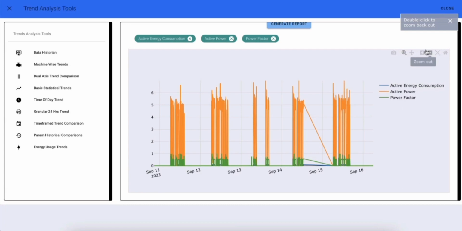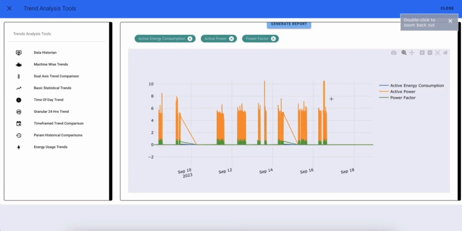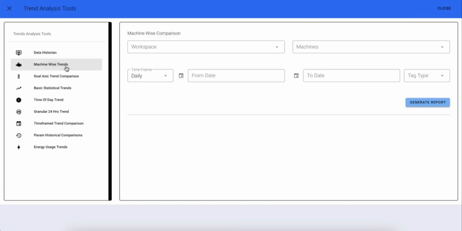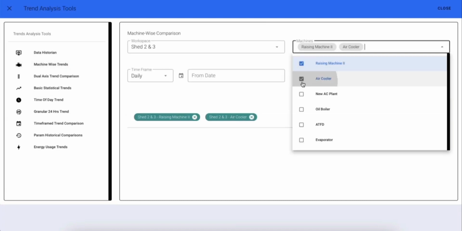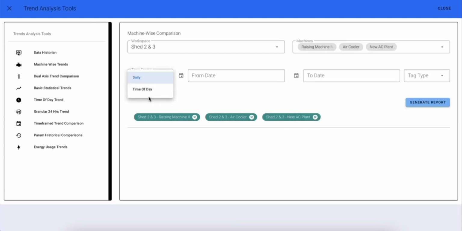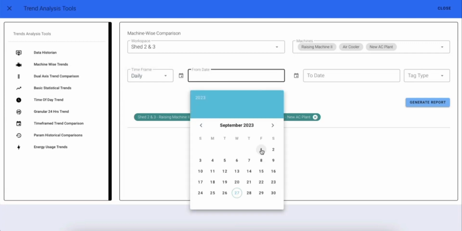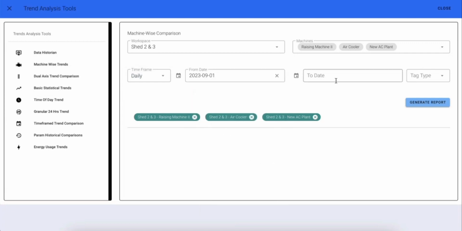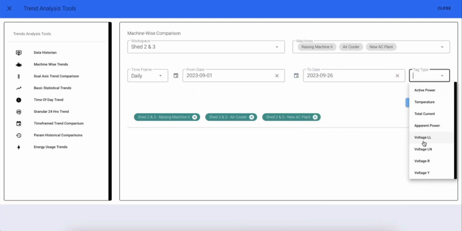We can also zoom in or zoom out by this option. Next we have machine voice trends. Here we need to select the workspace, and multiple machines can be compared over here. Here we can select the day or today, and the start date can be selected over here, and the end date can be selected,